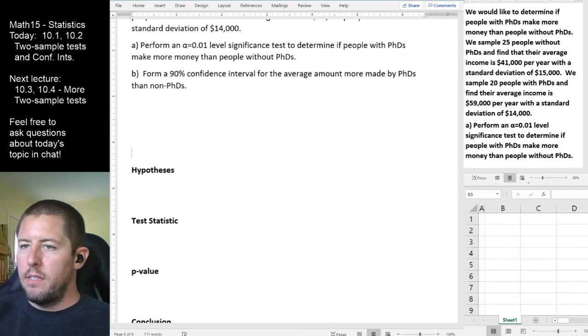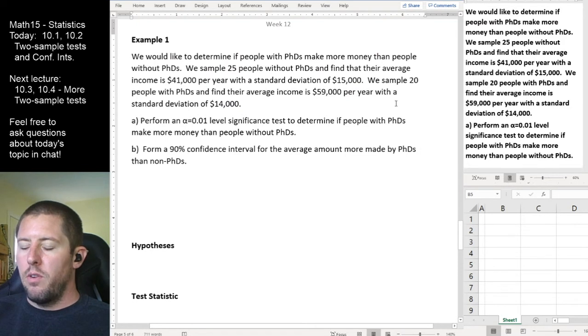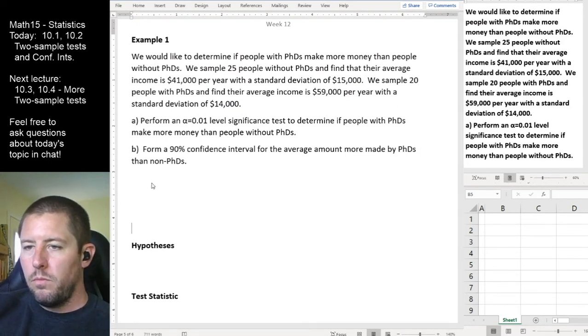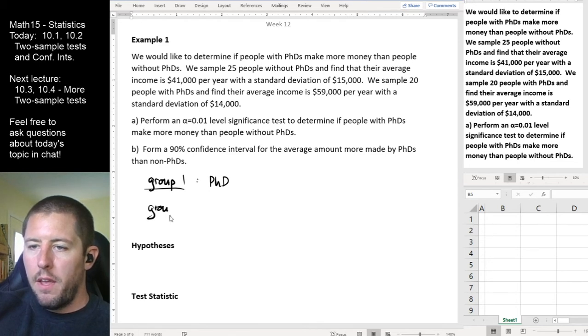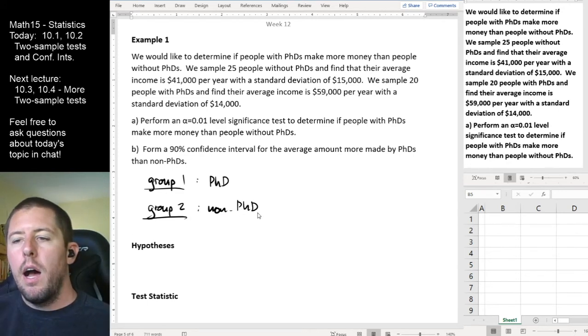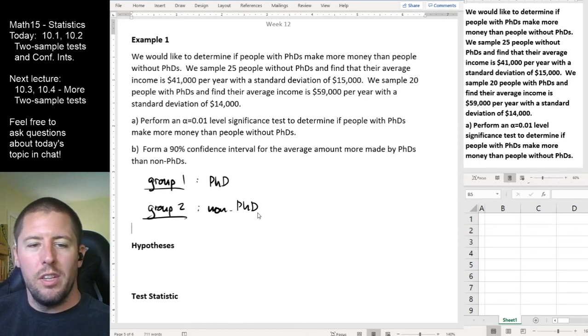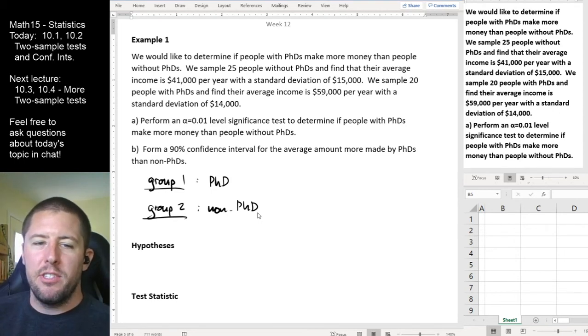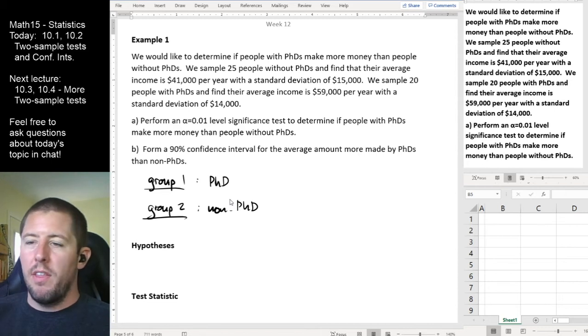And by the way, before I get started here, I want to identify my two groups here. The important thing to do here is to recognize that you've now got to keep two groups of people, or two groups, not necessarily people, distinct here. It's typically the case to number our labels, our subscripts, as ones and twos. But if you have things like male and female, use M and F. That's just going to make it easy for you to not get confused there. And maybe I'll do that in our second example here. I'm not going to do subscripts of PhD and non-PhD, so I'm just going to call these groups 1 and